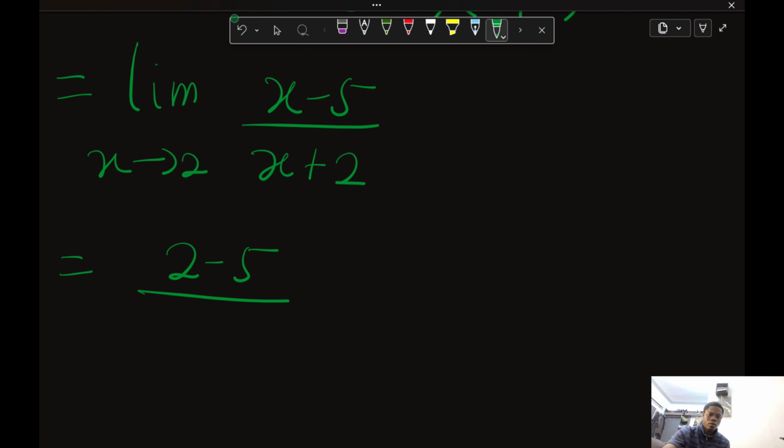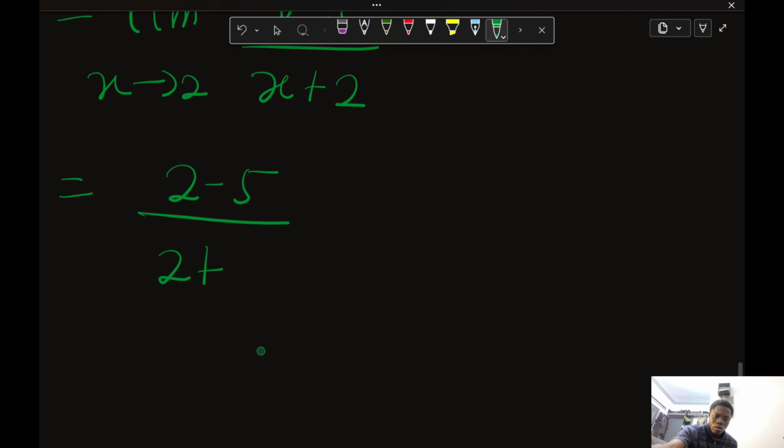So we are going to get 2 minus 5 on top, and the bottom will be 2 plus 2. This will give us negative 3